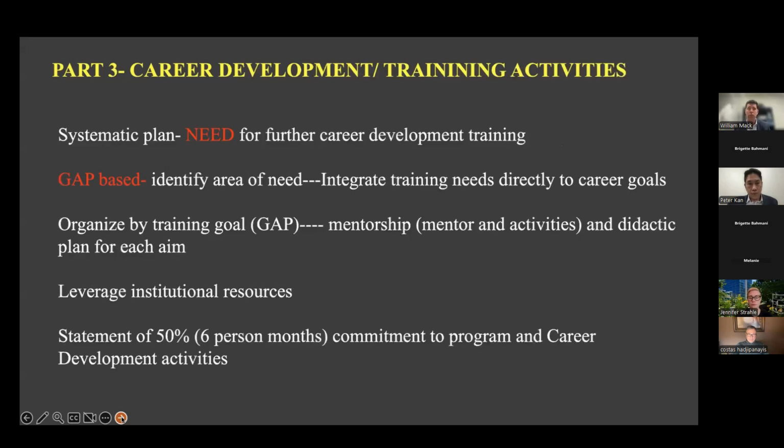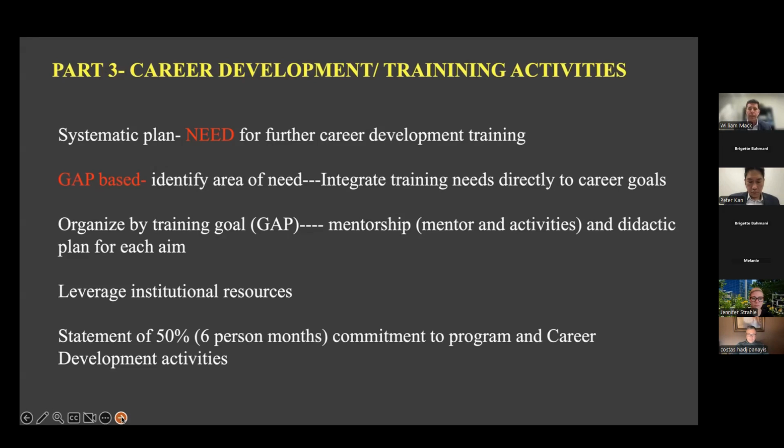Part 3, once you've developed those training goals, is what are the activities? How are you going to get the career development and the training activities? So this is a systematic plan, and as I mentioned, is gap-based. You integrate the needs for that gap and organize them in terms of mentorship that one might need, hands-on mentorship, didactic mentorship and activities through coursework, leveraging institutional resources.